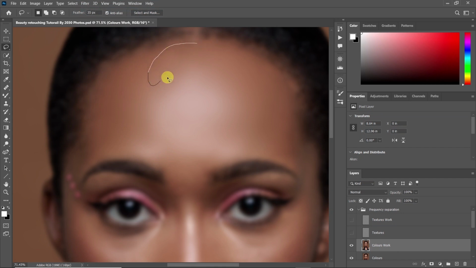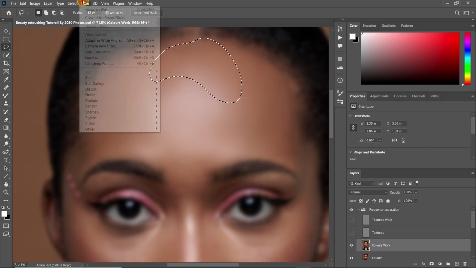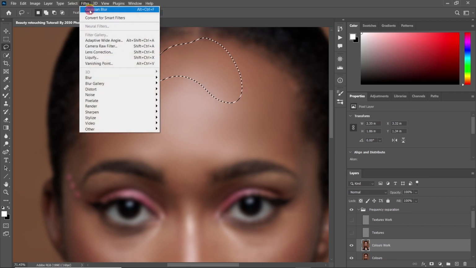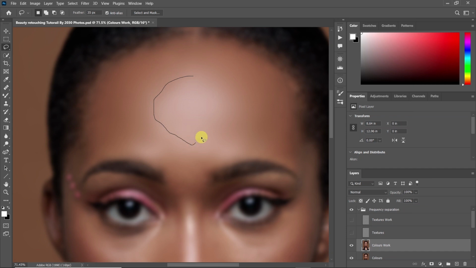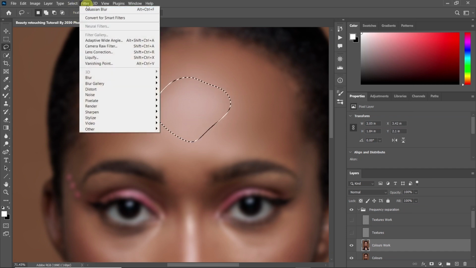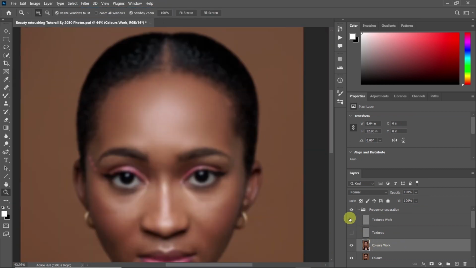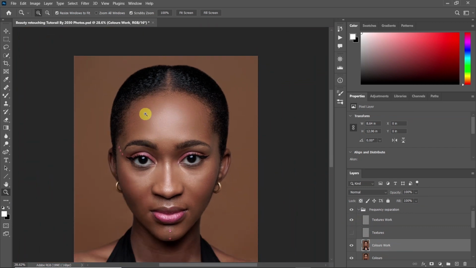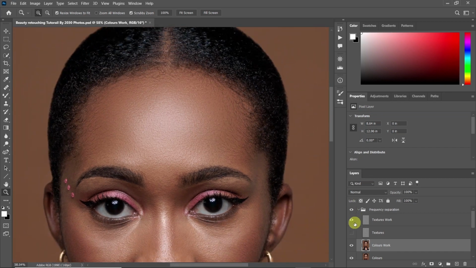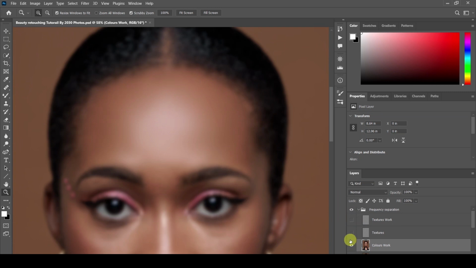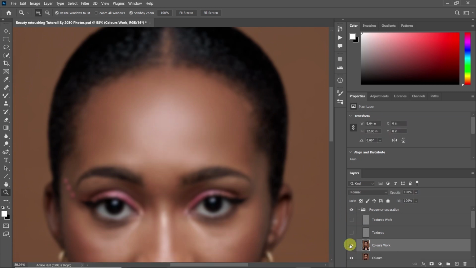If you do a good enough separation, you should be able to make the colors layer almost plastic-like without it actually looking fake when you turn on the texture layer. So for example, when I turn on this texture layer, the skin should not look fake, even though